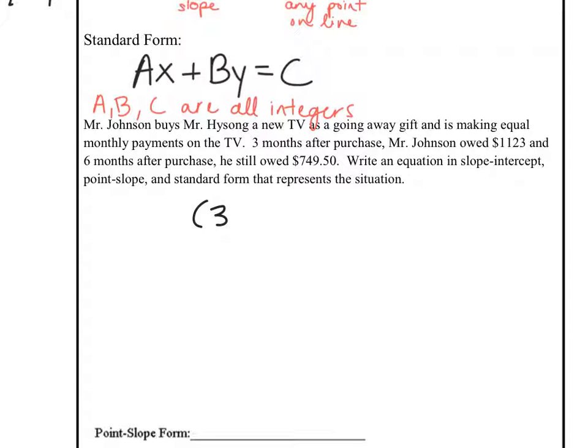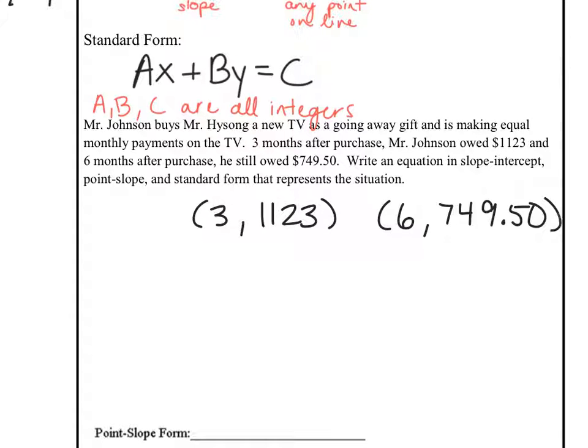Months determines how much money I have left. So months has to be my x. 3 months, 1,123. 6 months, 749.50. Okay, let's find the slope. Remember, you should probably label, if you want to make sure you do this accurately, x1, y1, x2, y2. I'll have some negatives. So M is equal to